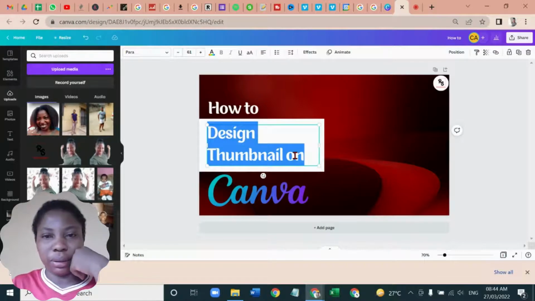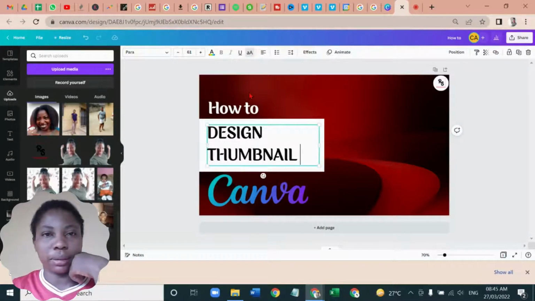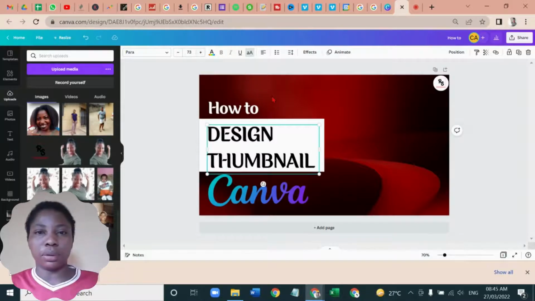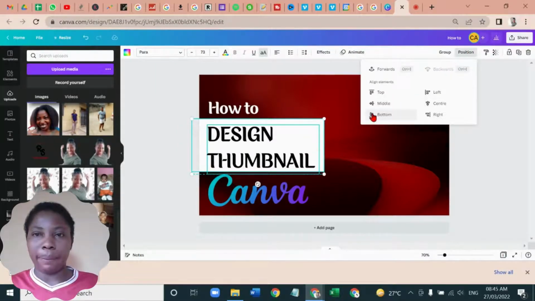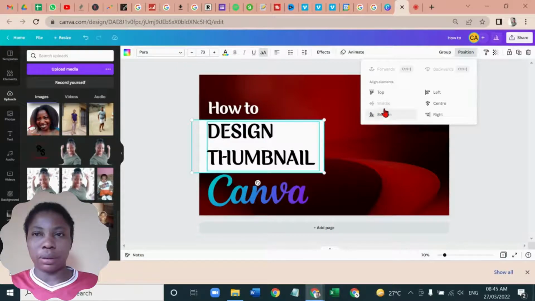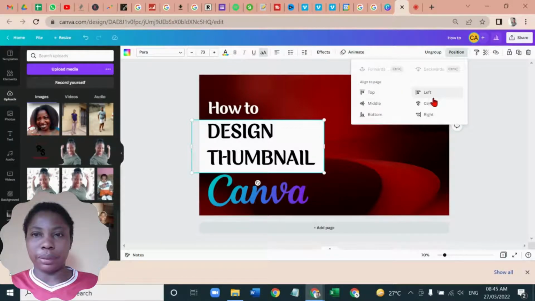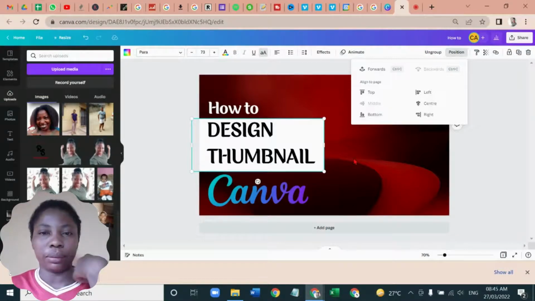I don't think this is necessary. Okay, let's change it back to uppercase, and let's see whether we could increase it a bit. And let's position it to the middle of this position so that it will be middle with it. You see that? Let's group again and let's position it to be in the middle of the design. Okay, that being done,